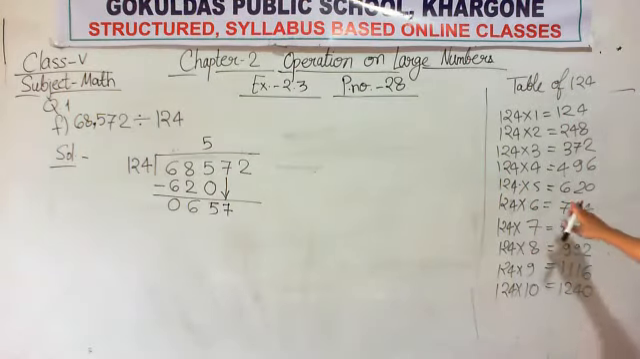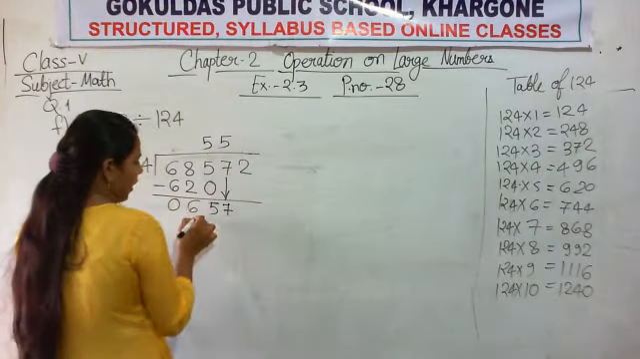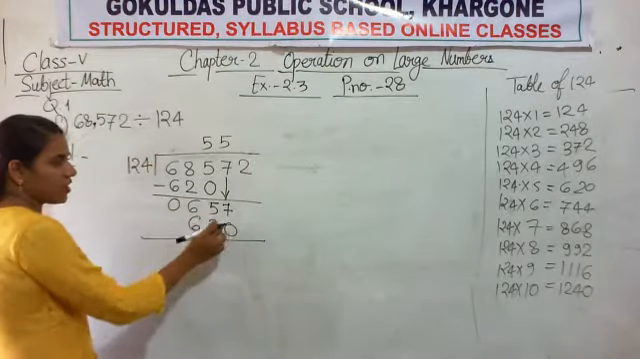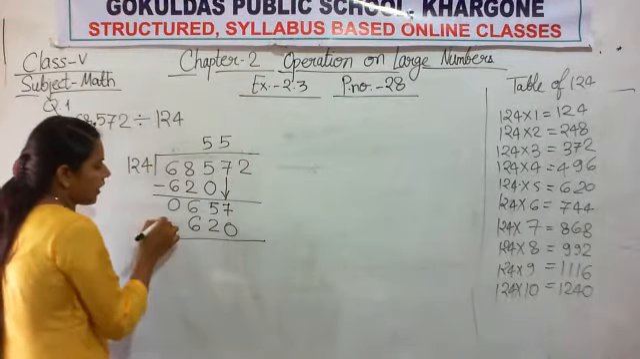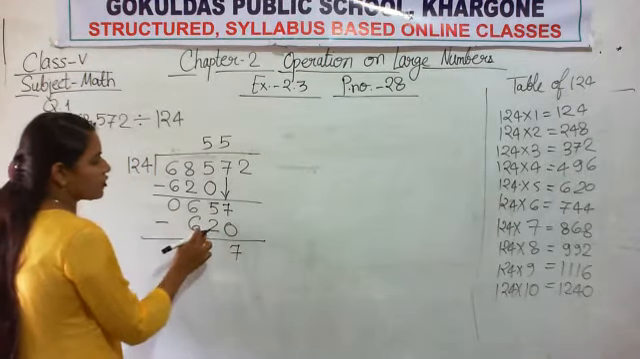620, right? And 620 comes in how many times? 5 times. So you will write 5 over here and you will write 620 like this. Okay. We have arranged the numbers column wise. Now subtract. 7 minus 0 is 7. 5 minus 2 is